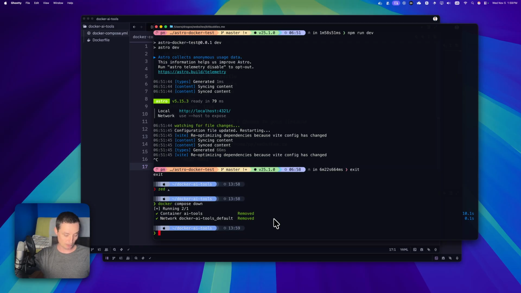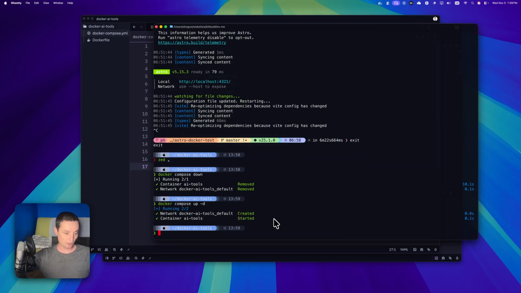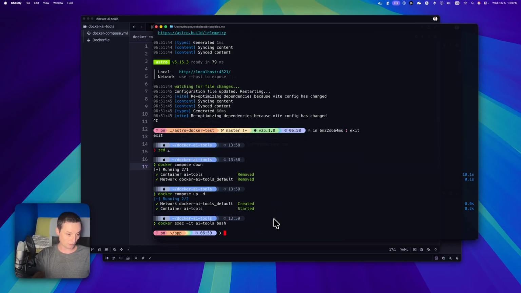And right now Docker Compose up -d, so we can start everything, and we're going to log in here. We're going to go to websites,